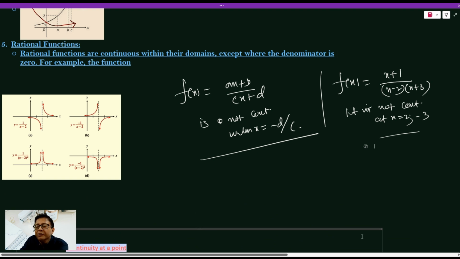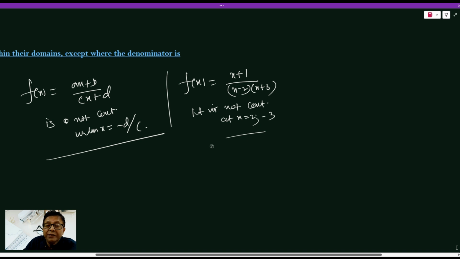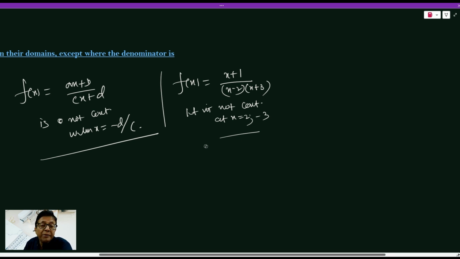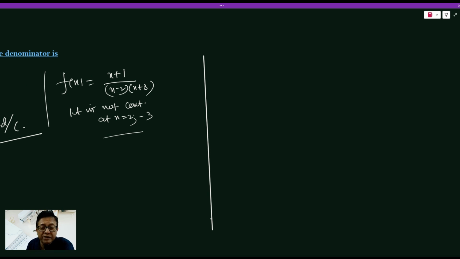Now, every time you cannot draw the graph of a function and then decide continuity of the function at a point or on an interval. So you have to be habituated with some analytical concept, which also can be derived from the concept we are now discussing, that is the graphical method. Like, you cannot say this function is continuous at x equal to 0. Why? This function